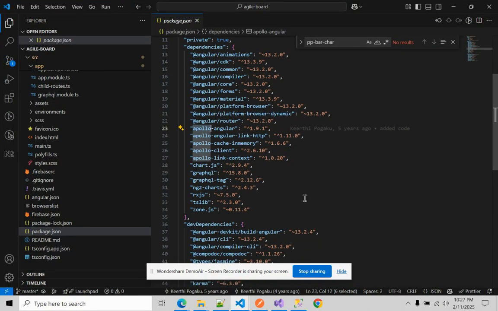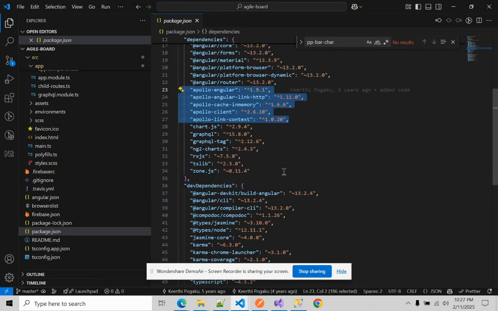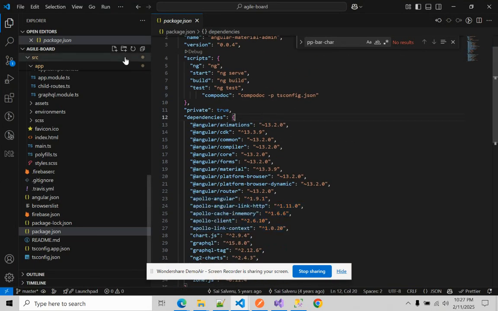charts. And you can ignore Apollo and GraphQL because currently we have not used them, because there are some issues in the API. So that is why we have not used Apollo and GraphQL for now. But later I will show you that also. So now if we move forward,